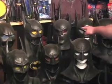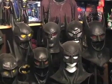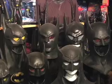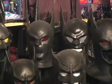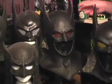These two here are different versions of the Batman Beyond mask, which was a cartoon that came out around 2000. This is a replica from Batman Dead End, a fan film that